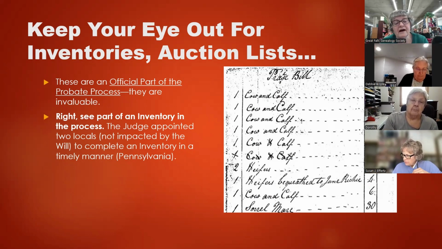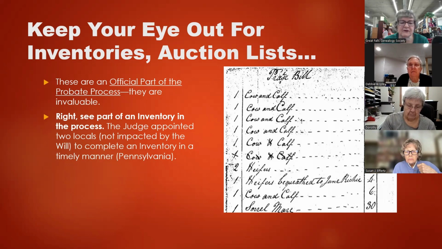If you are looking at an inventory, and this is an inventory from about 1780 here, you'll notice that down the side, you've got one heifer bequeathed already to Jane Ritchie. So it's named right in there in that inventory. The people who took the inventory were aware that that one heifer was already bequeathed. That's an unusual inventory because otherwise these things are up for sale in an inventory if people are going to work that way. The judge appointed 2 locals not impacted by the will to complete an inventory in a timely manner. Usually they're neighbors,